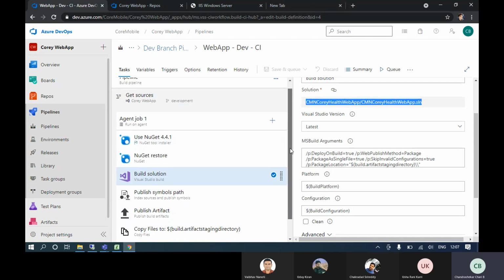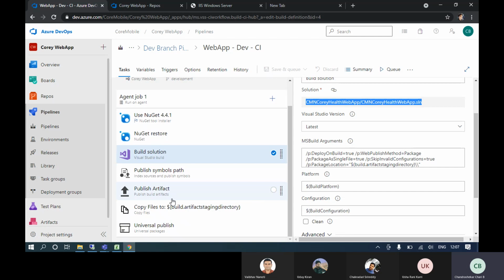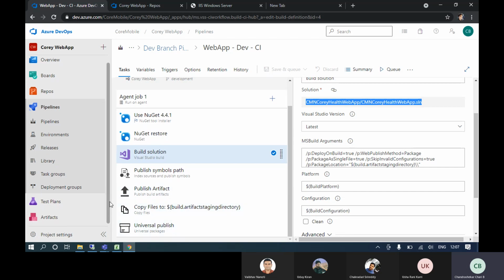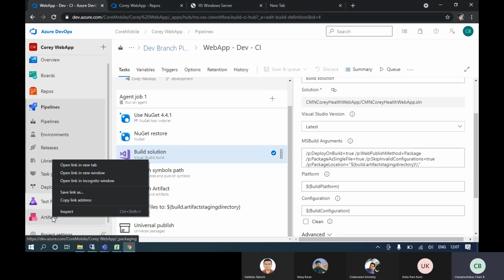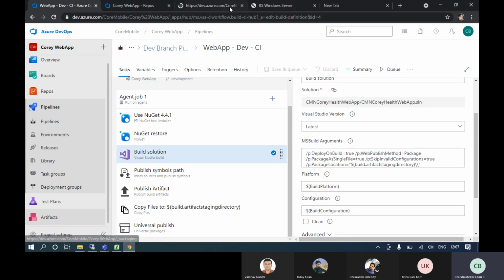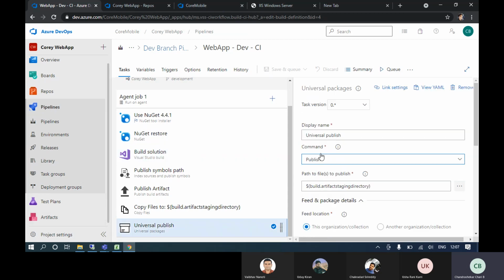Once it generates the artifacts, I am copying those artifacts to the artifact staging directory in this Azure DevOps. It will directly push into this artifact staging directory.